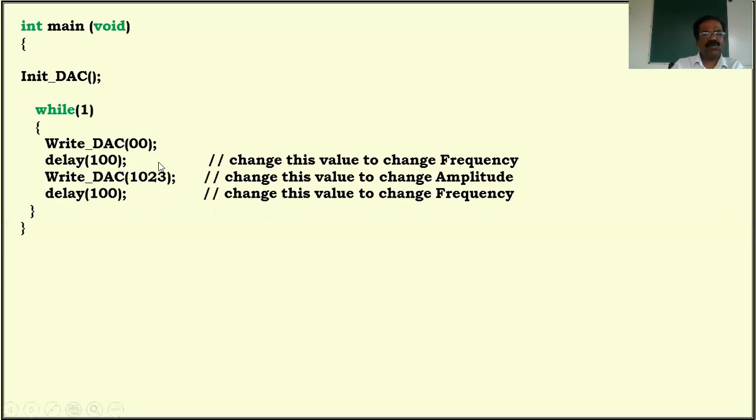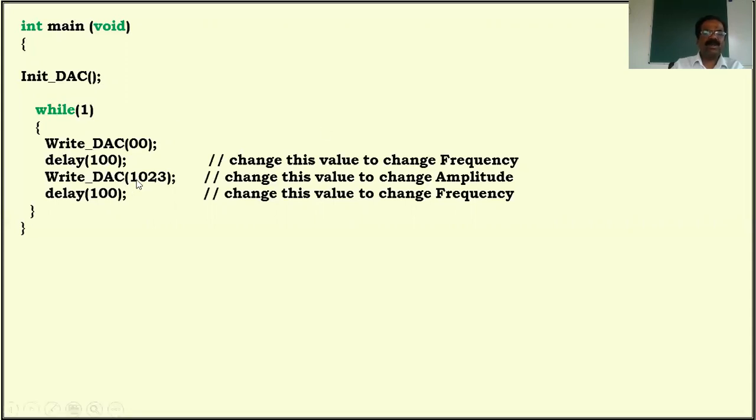So if you want to vary it, then you have to change this value. But here we are talking about a square wave. In the case of a square wave, T on must be equal to T off. That is very, very important. So this decides low, 0 volt. This decides 3.3 volt. That is the maximum possible analog output we can generate.